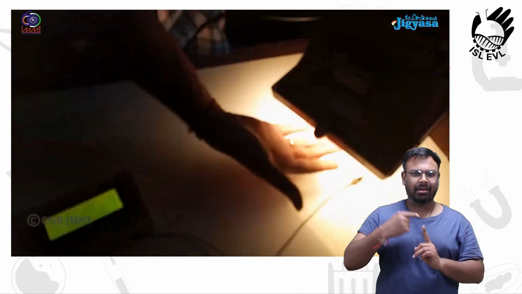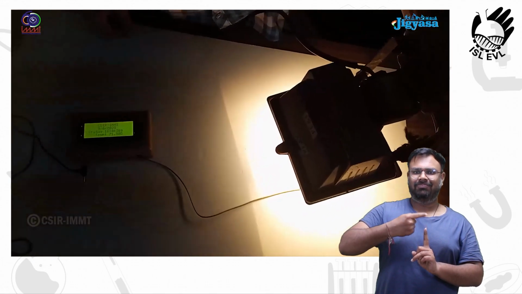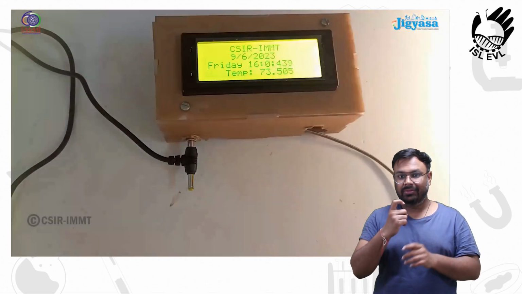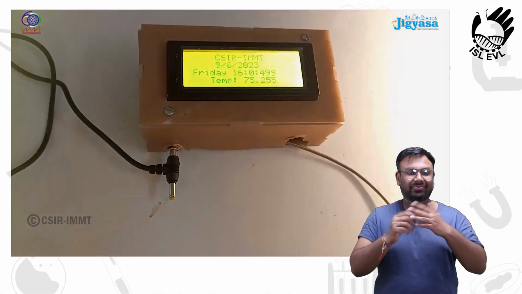The temperature is increasing as indicated by the thermocouple, and it reaches up to 75 degrees Celsius